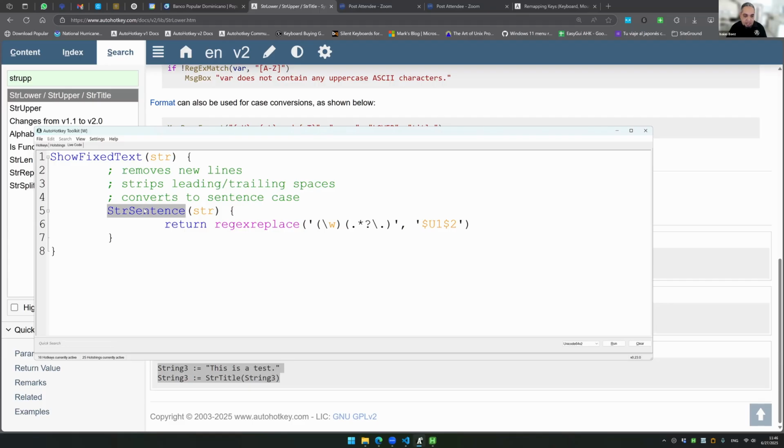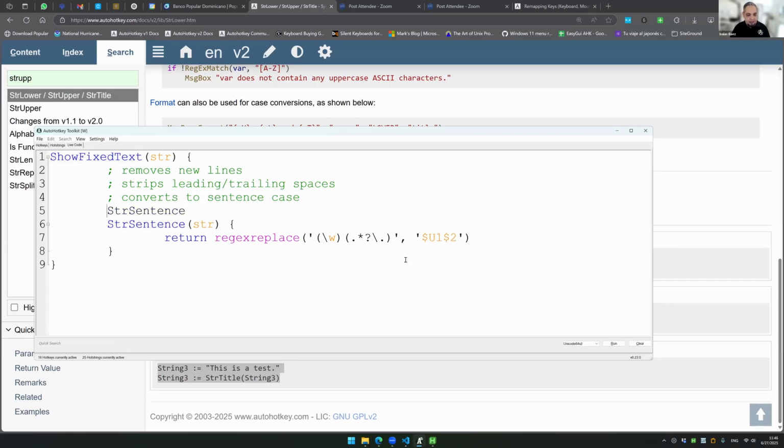Now I can use that function inside the fixed text. I would say, hey,